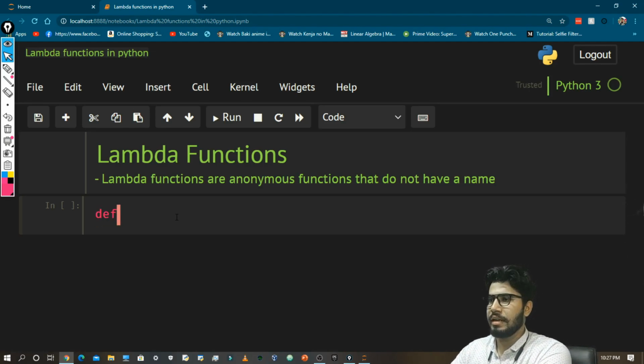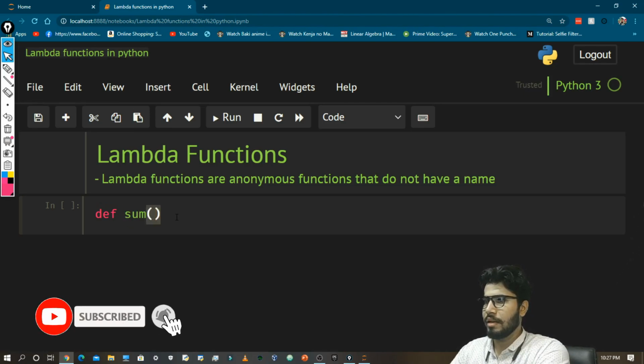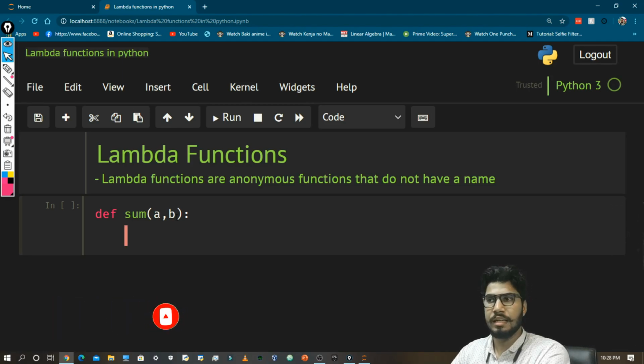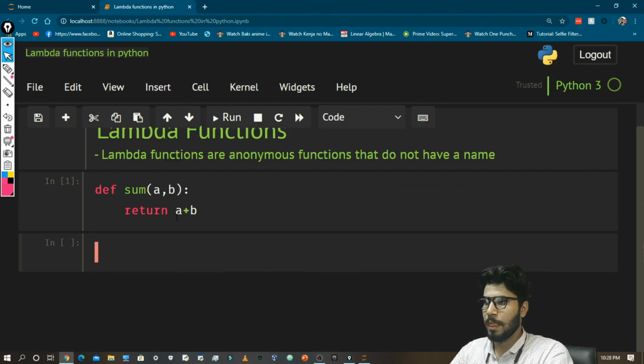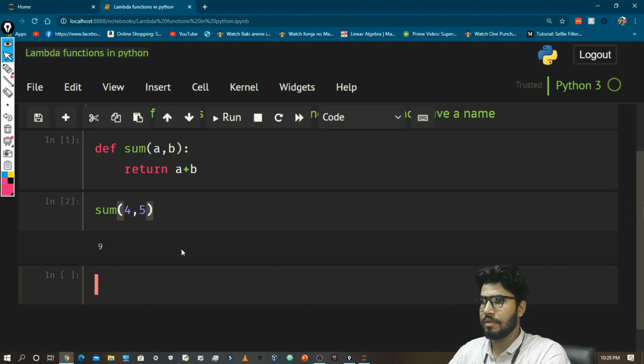So def sum a comma b. We have seen this before in the last videos, and now return a plus b. So now when I run it, sorry, 4 comma 5, it is 9.